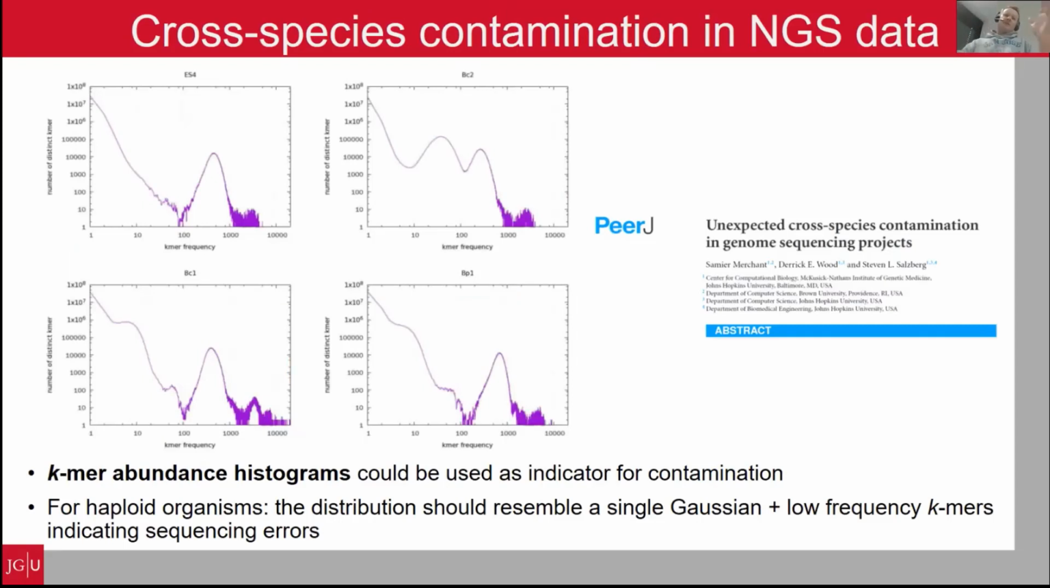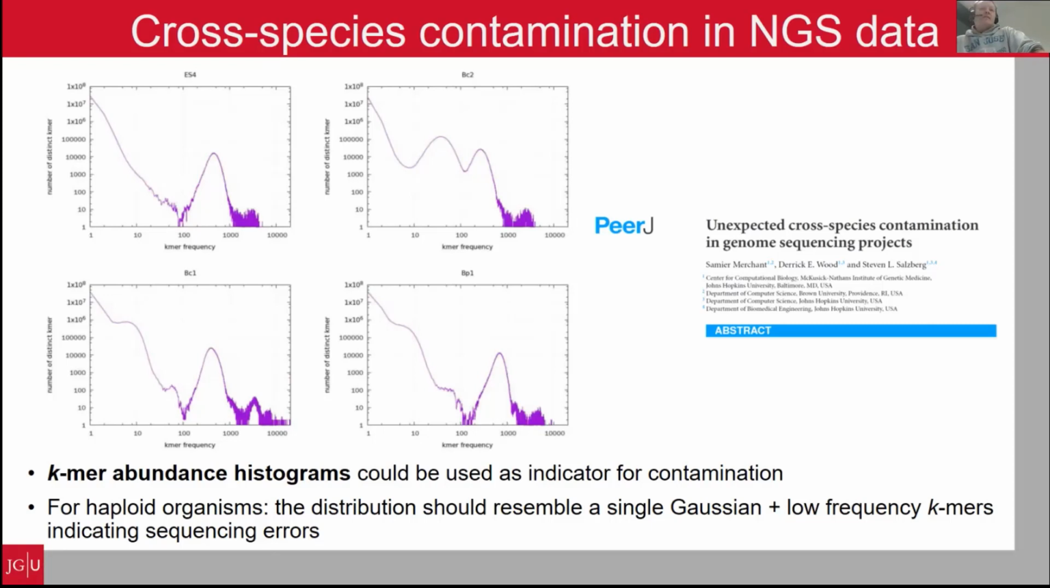Here is a bit of what you can expect as an output from this k-mer counter: a k-mer abundance histogram. Here you have the number of distinct k-mers on the y-axis, and k-mer frequency on the x-axis. And you can see that many k-mers occur 100 times, that many k-mers occur 500 times, and so on. From this